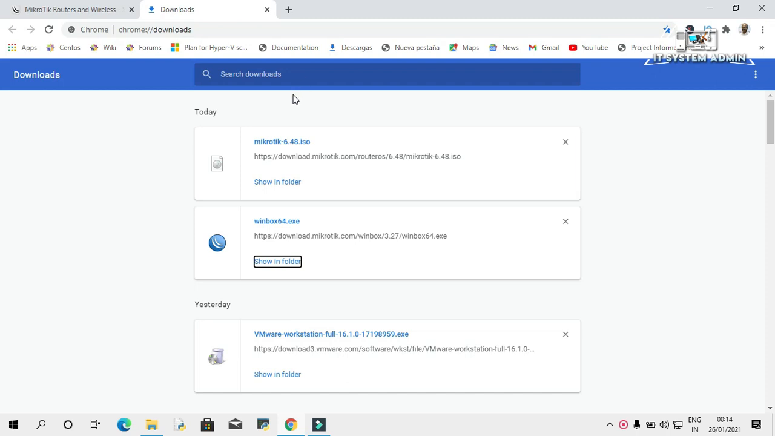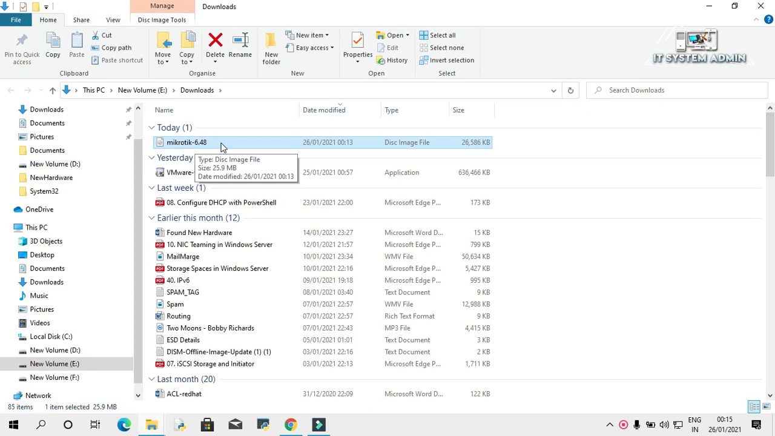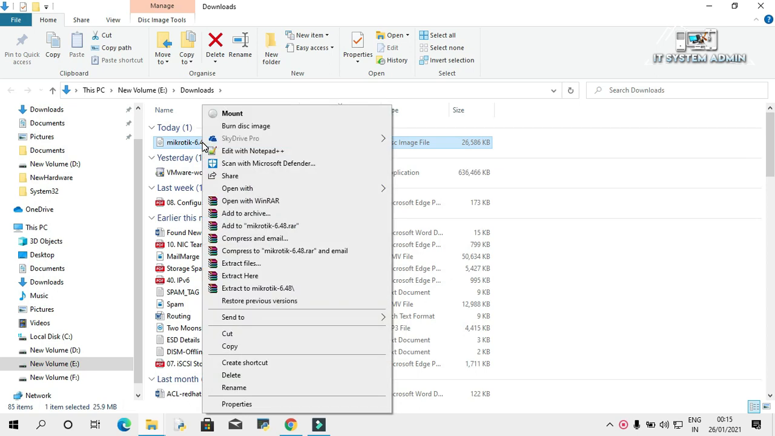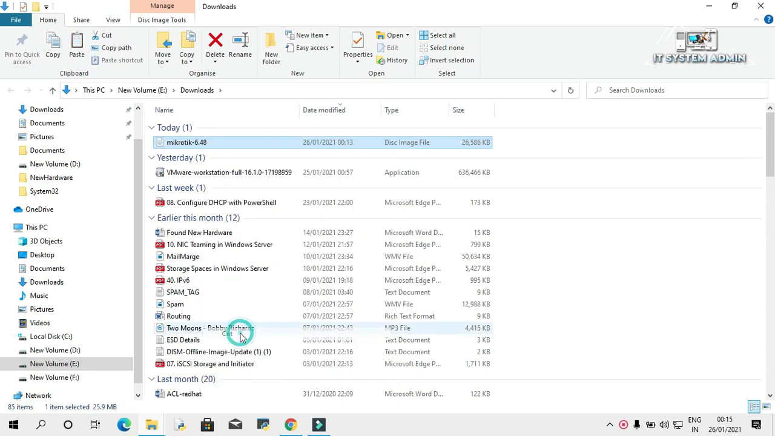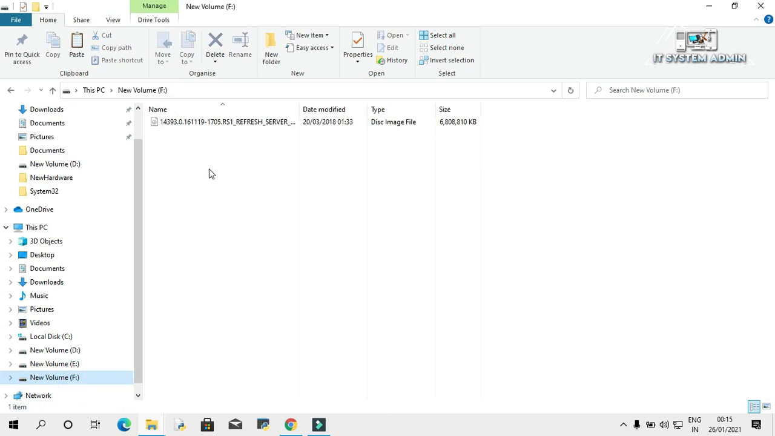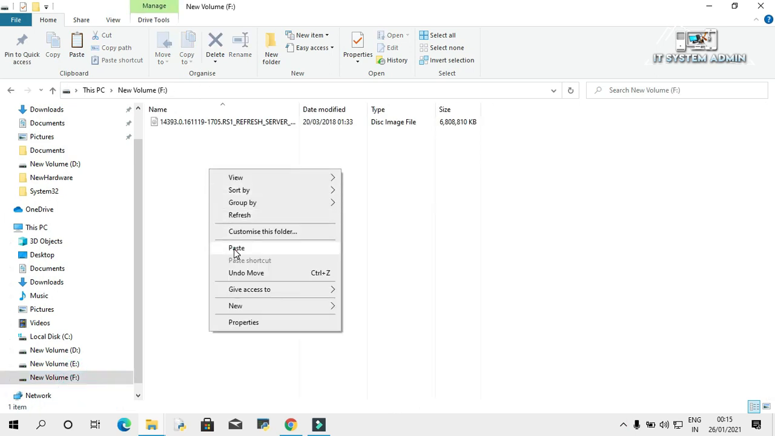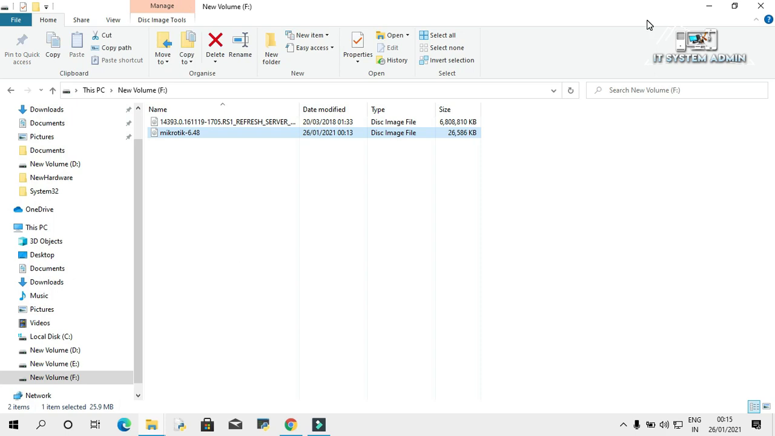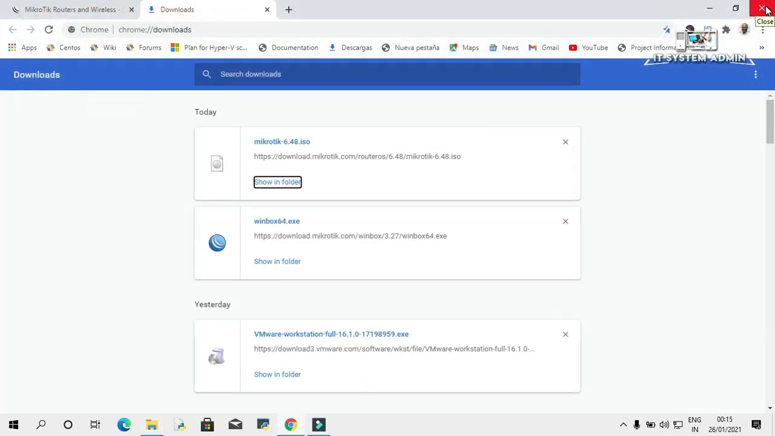Look, Mikrotik Router OS has been downloaded. Now click on show in folder. This is Mikrotik Router OS. Now cut this ISO file from the download folder and paste it in a suitable drive. Now close File Explorer, close browser,